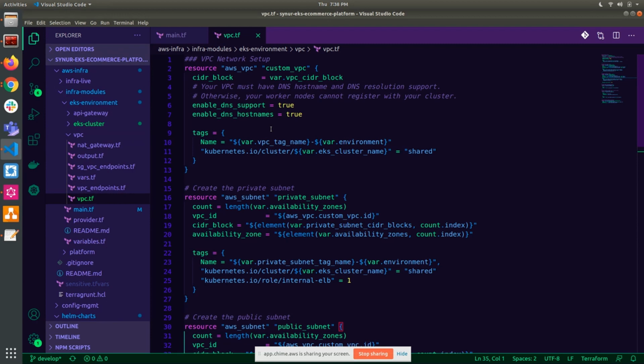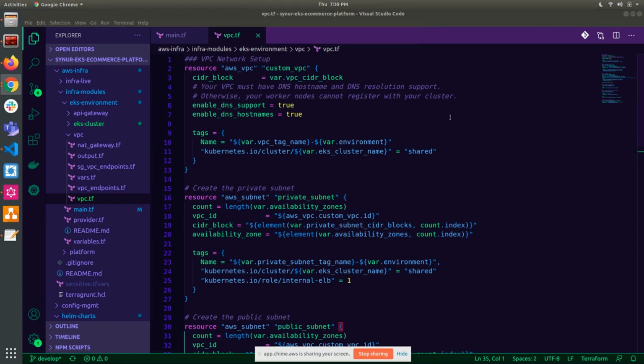You also need to make sure that you have the relevant tags. This is also a very important requirement when it comes to EKS. So you'll see that I've put a tag over here, and that tag will have my cluster name, and the same is required for your subnets as well. This is important especially in the case of load balancers.